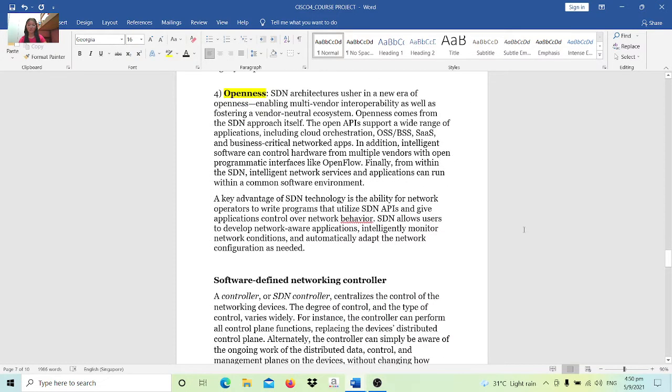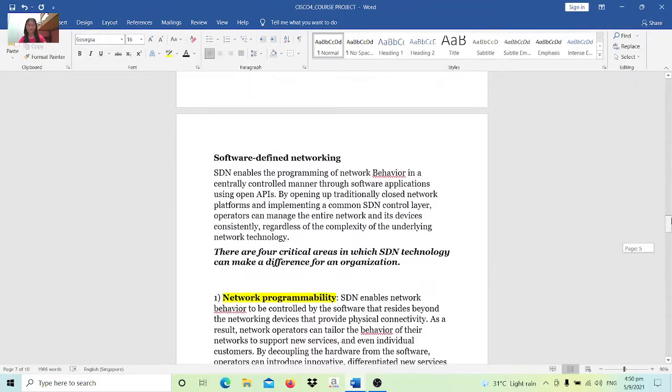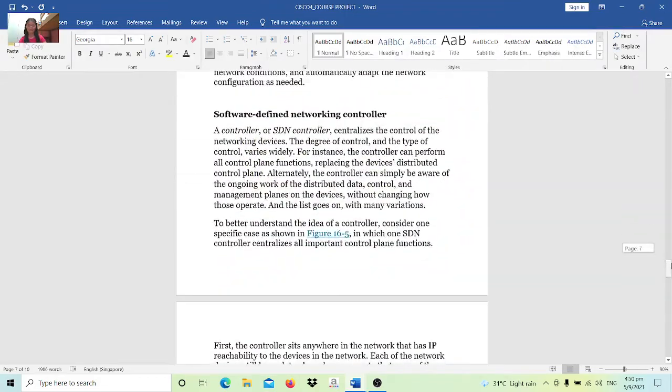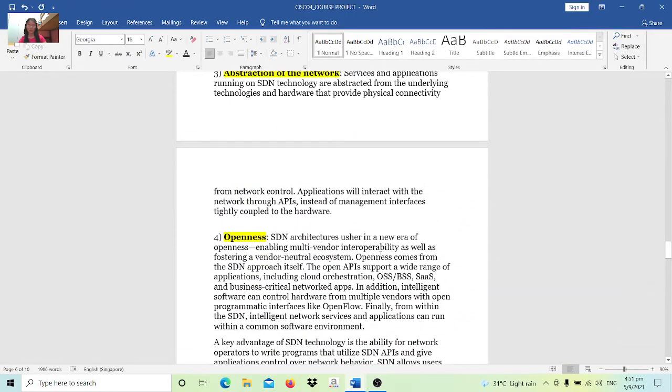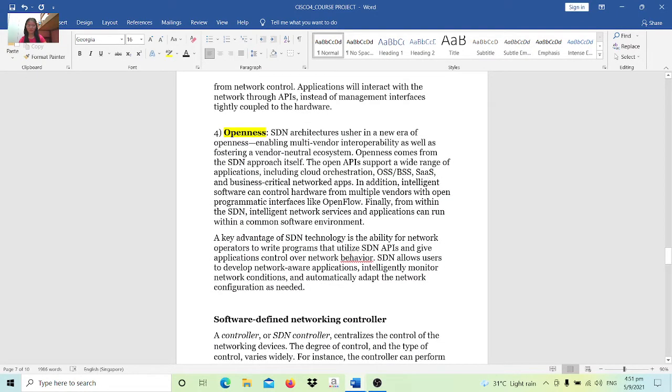A key advantage of SDN technology is the ability for network operators to write programs that utilize SDN APIs and give application control over network behavior.